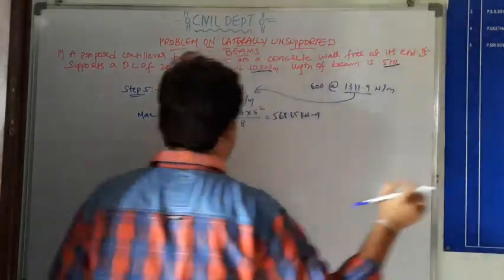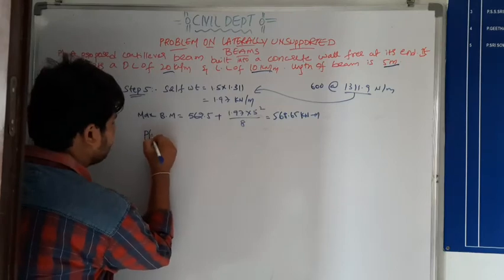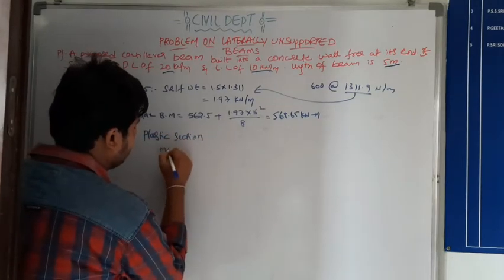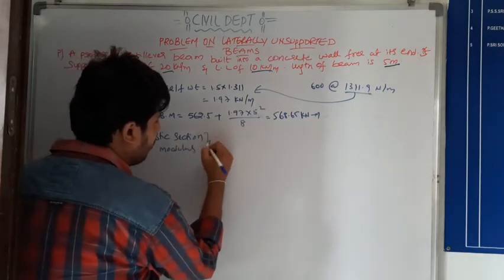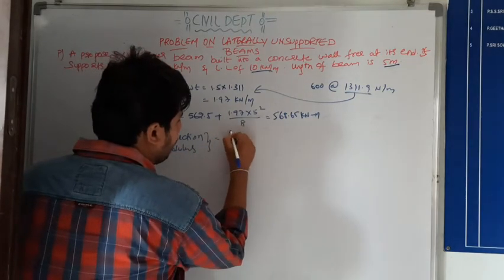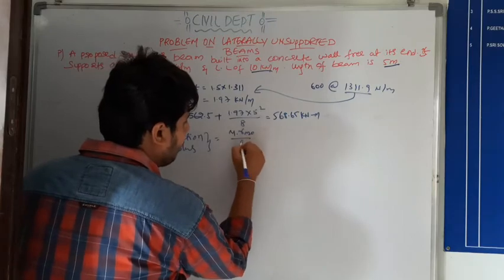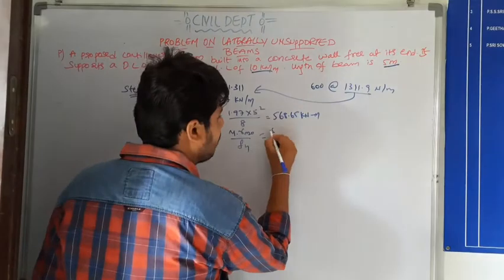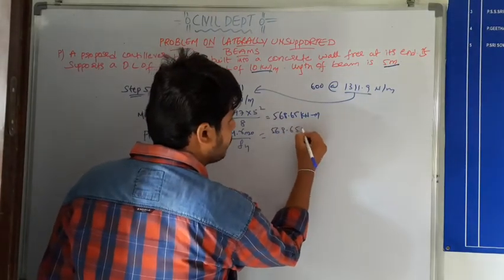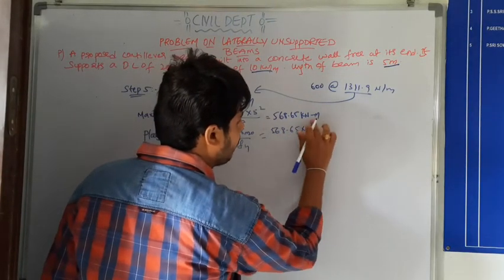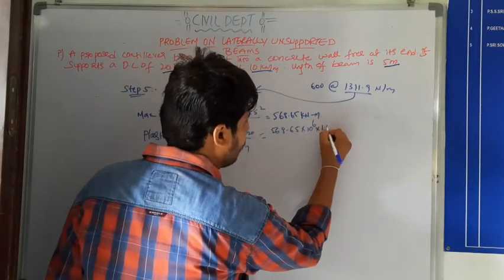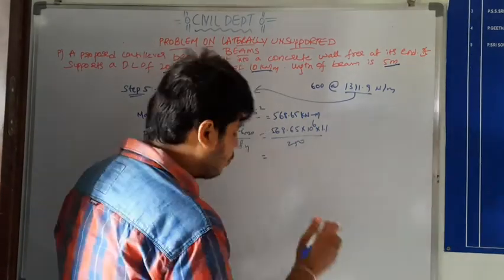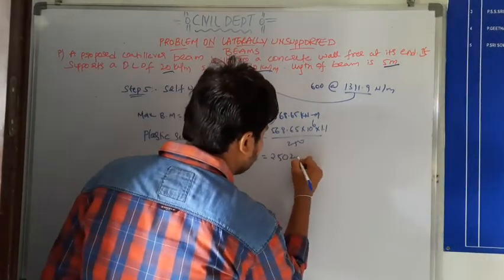So plastic section modulus is M into gamma m naught by fy. M is nothing but 568.65 into 10 power 6, into 1.1, by 250. Which we will get the value of 2502.1